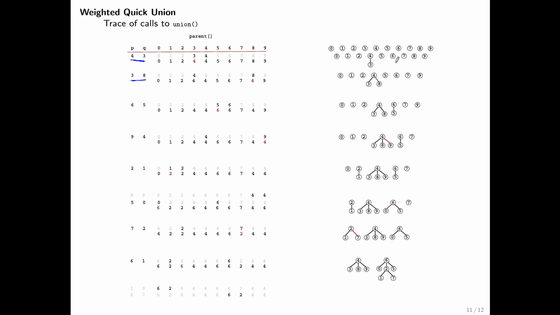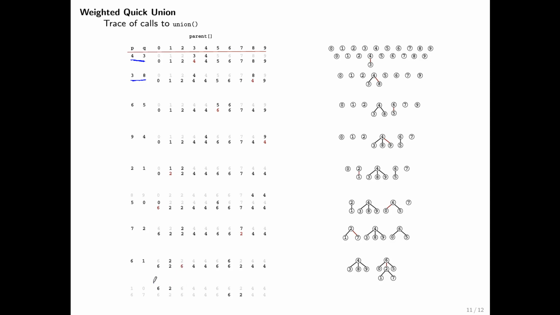Okay, so what does the code say? You associate the smaller tree with the bigger one. All right, so you say 8 now is part of the tree that is 3, 4. So that's how this input is processed. Okay, and that's how things proceed here. You always associate the smaller tree to the bigger one, and at the end, once all the inputs are processed,